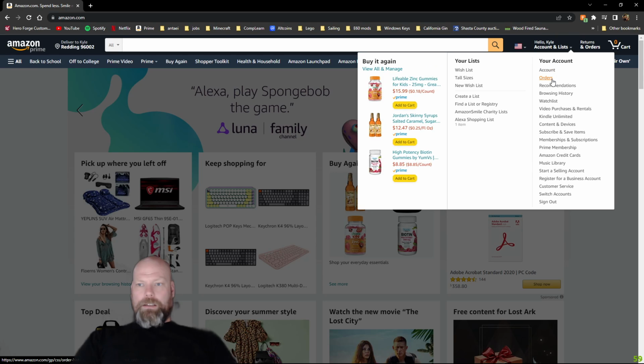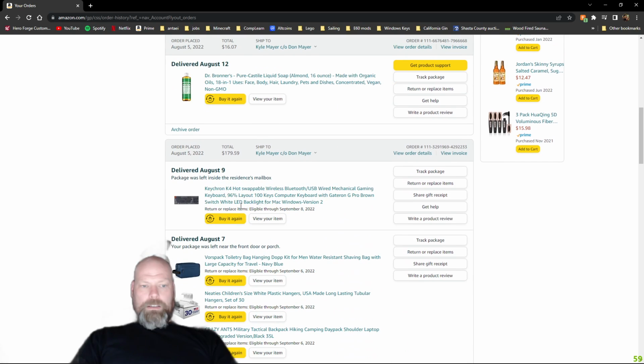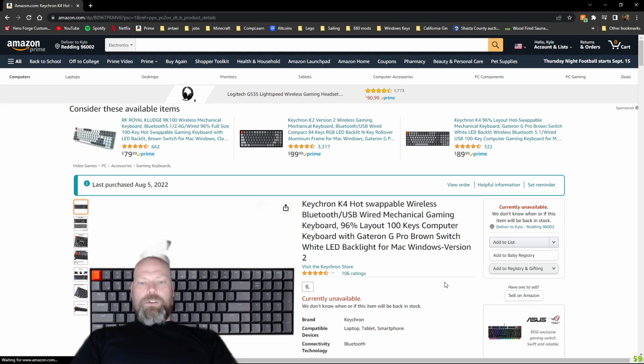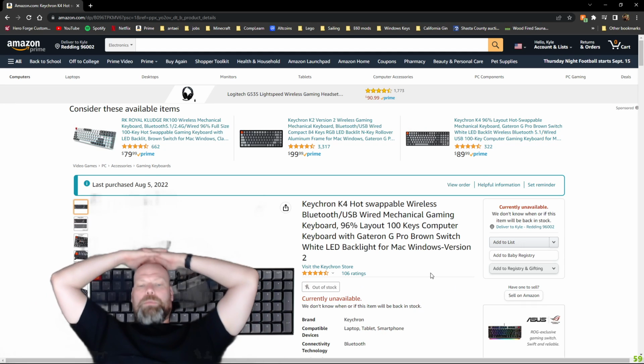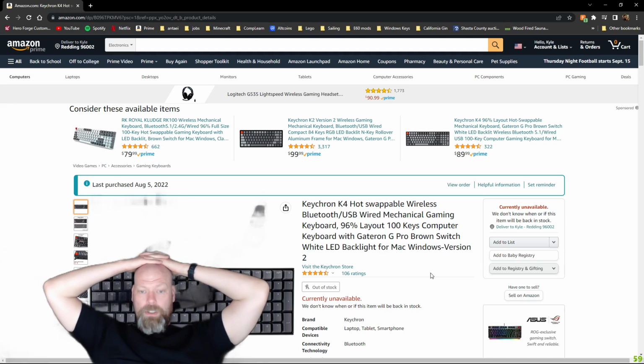It's the Keychron K4 hot swappable wireless Bluetooth / USB wired mechanical gaming keyboard, 96% layout, 100 keys, computer keyboard